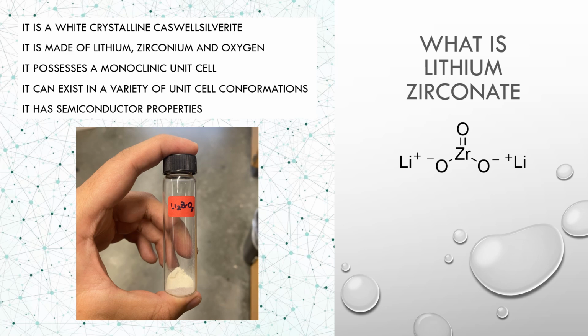Lithium zirconate is a semiconductor, meaning that if enough energy is applied to the powder, its valence electrons can jump from the valence band or highest occupied molecular orbital to the conduction band or lowest unoccupied molecular orbital. When this happens, the zirconate begins conducting and as a result pushes chemical reactions to occur the same way a